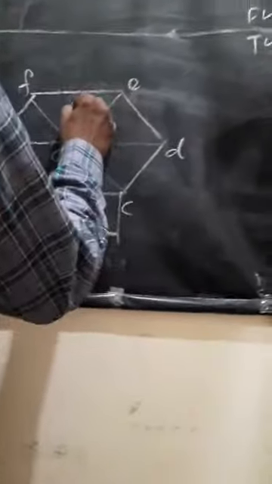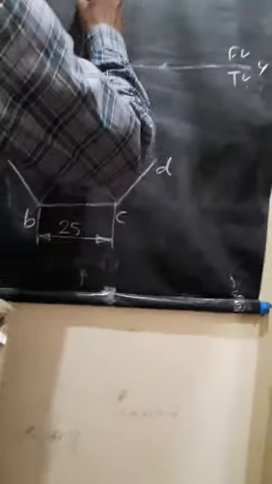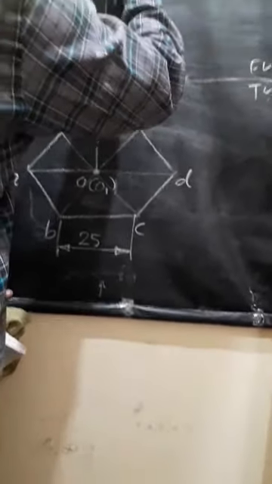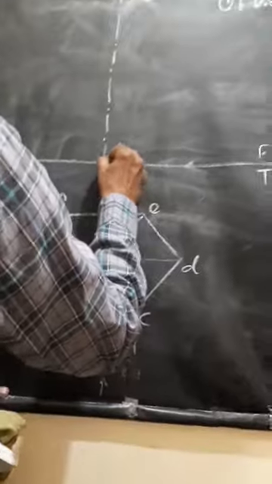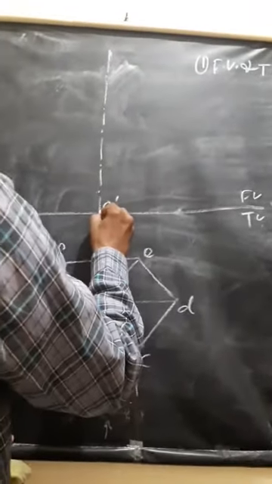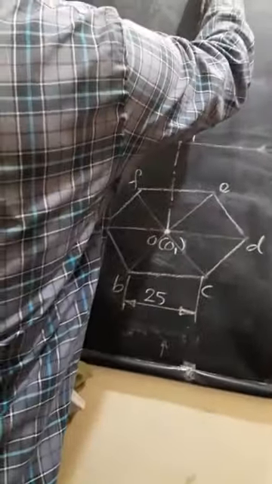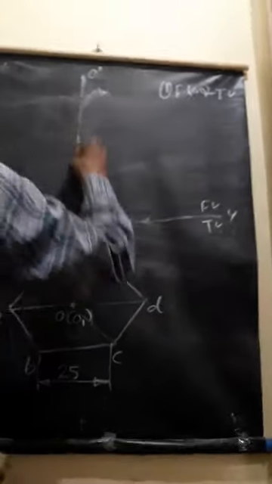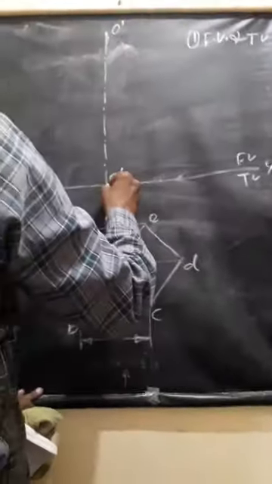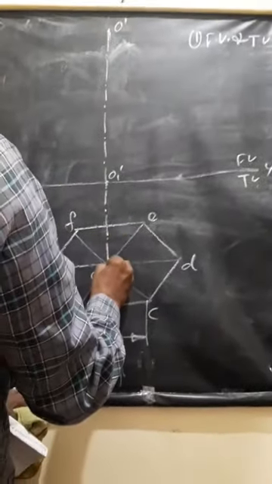Always you have to draw the axis first. Then mark the axis length from the XY line. So from here you mark the XY line. So this point is O1 dash. From here you take the axis length, which is 65 mm. Take 65 and mark. This is O dash. O and O1 is the axis. If I see from the top, it is a point.